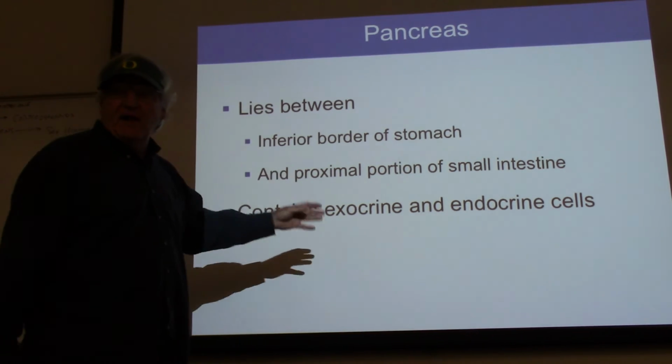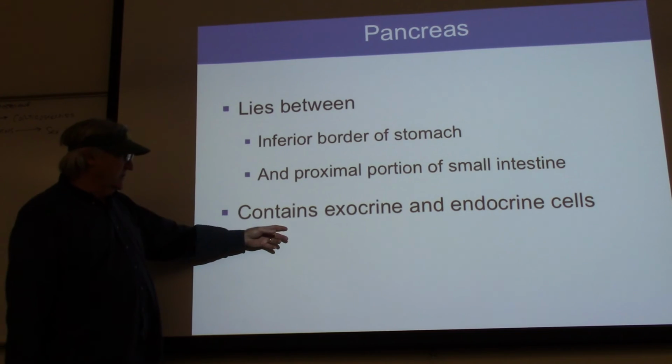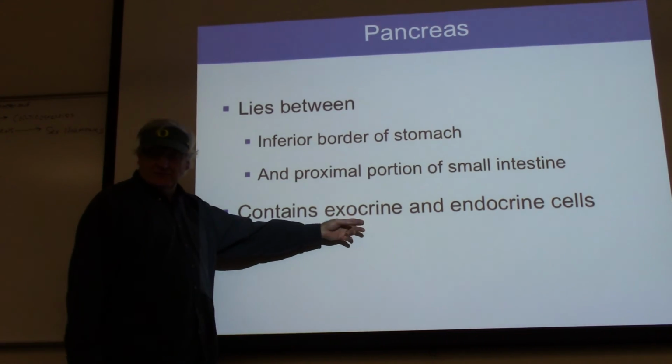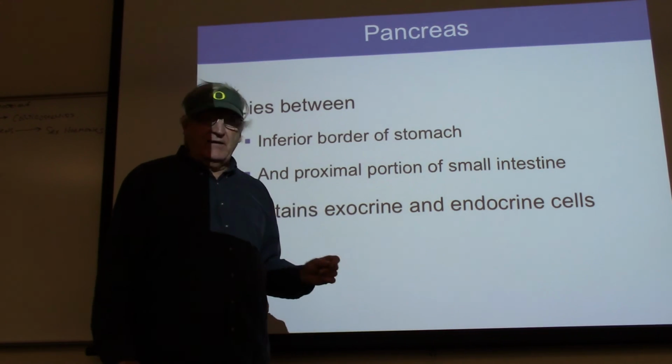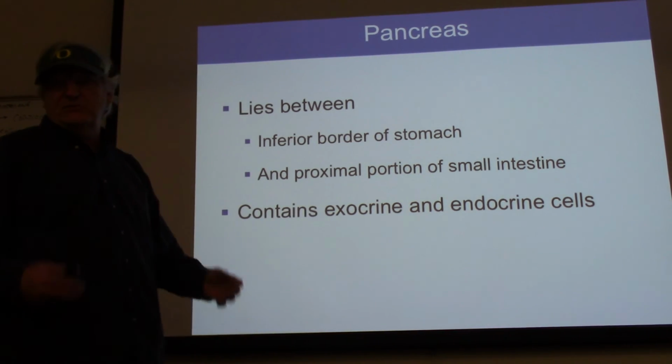And that's 99% of the pancreas, by the way. 99% of the pancreas is the exocrine portion. And then there are these little tiny islets of Langerhans that you've probably heard about, because it's a Jeopardy question about